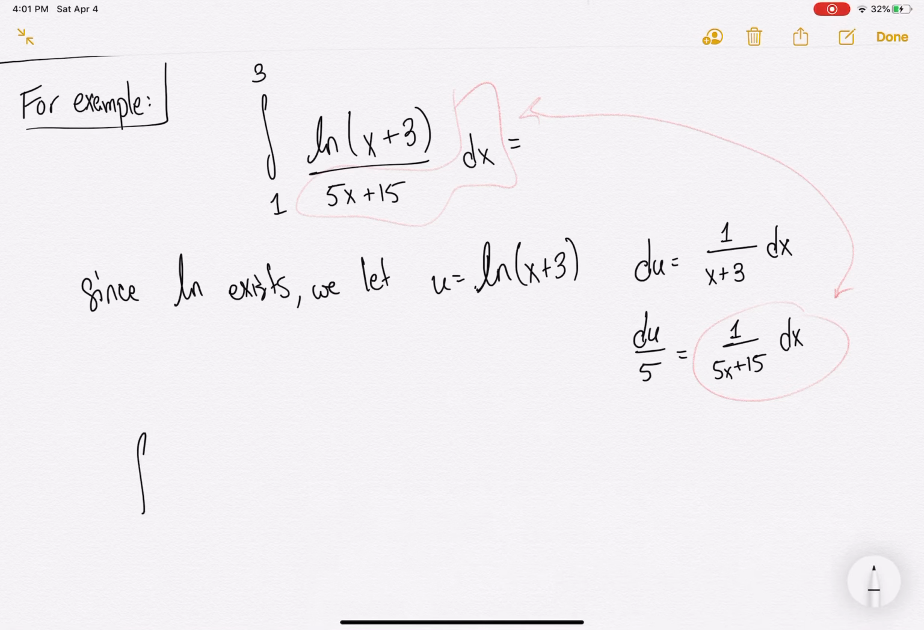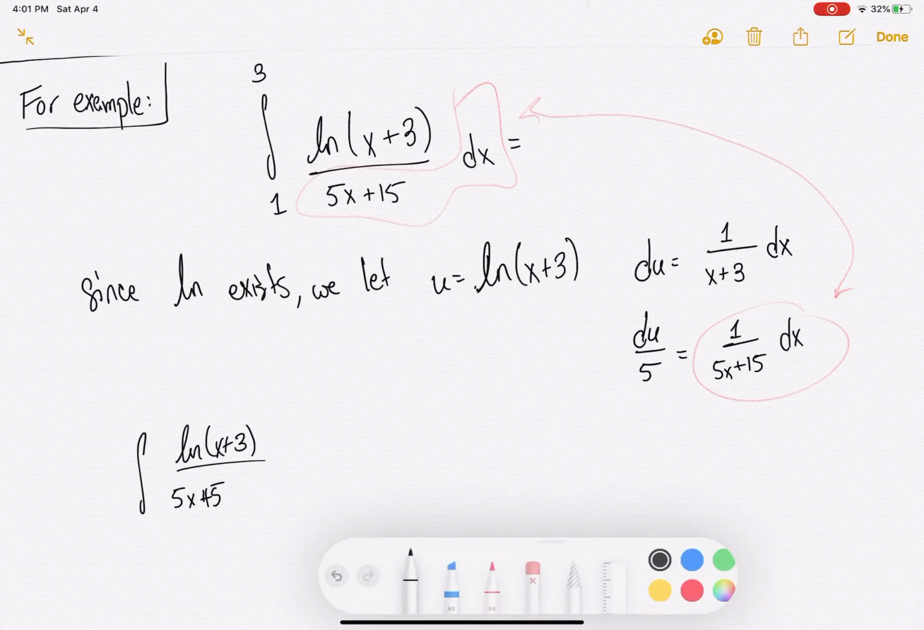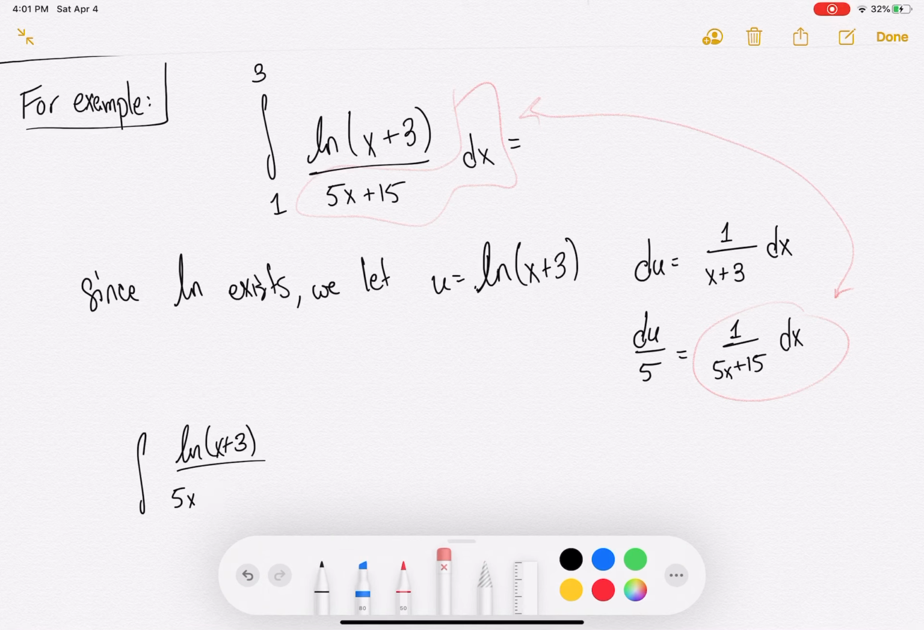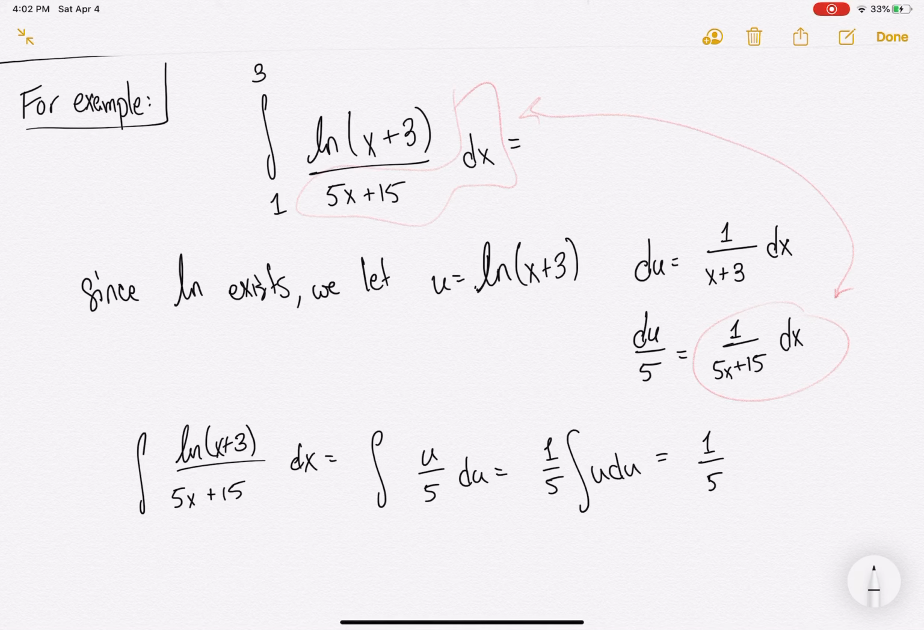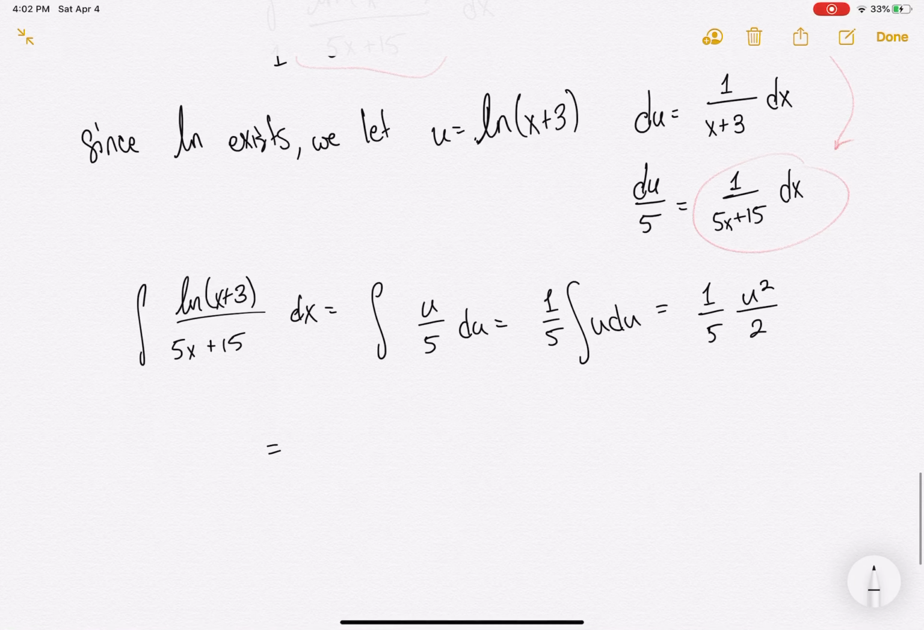So what does that mean? That means that this integral, natural log x plus 3 divided by 5x plus 15, looks terrible. I'm going to fix that. dx is actually the integral of u over 5 du, or also 1/5 integral of u du. And power rule is super easy on that. That's just 1/5 u squared over 2, or rather 1/10